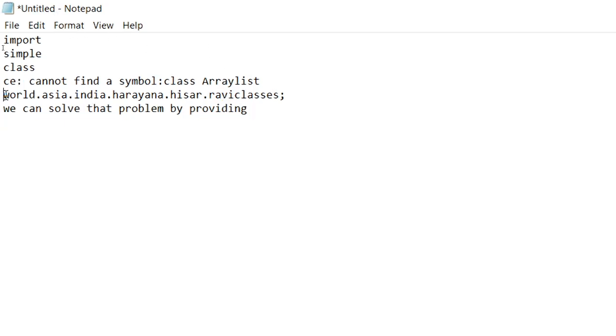What is this? First of all, this is a fully qualified name because it contains full information about where that Ravi Classes is. It is a fully qualified name, so no one raises any exception.